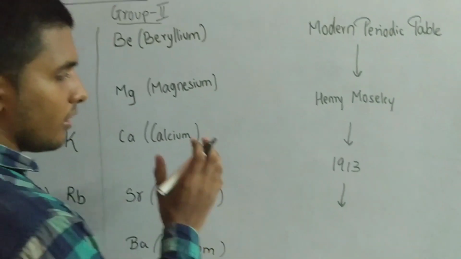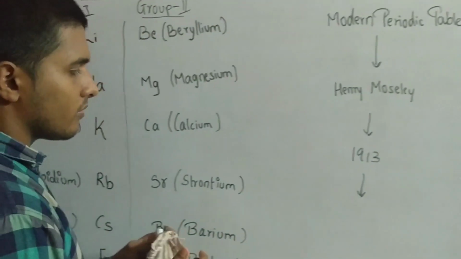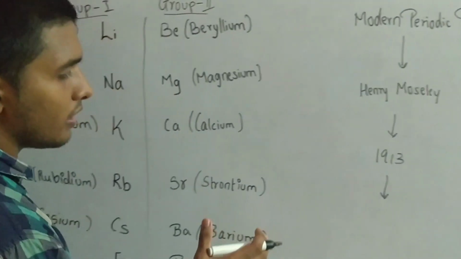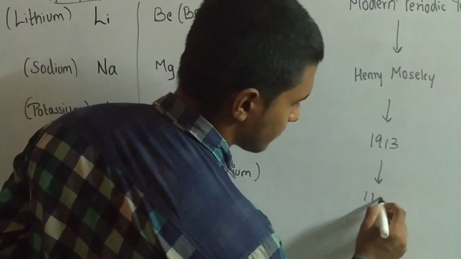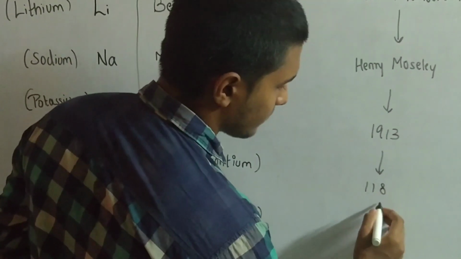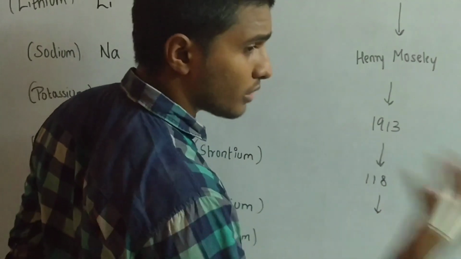He made this periodic table for 118 elements and segregated these 118 elements according to their properties, physical and chemical both,